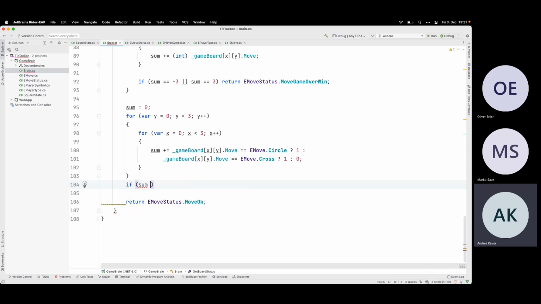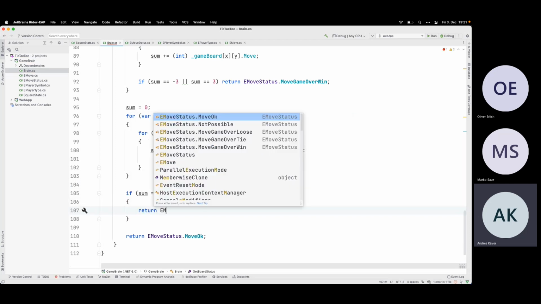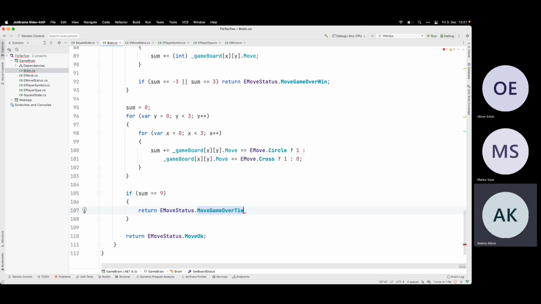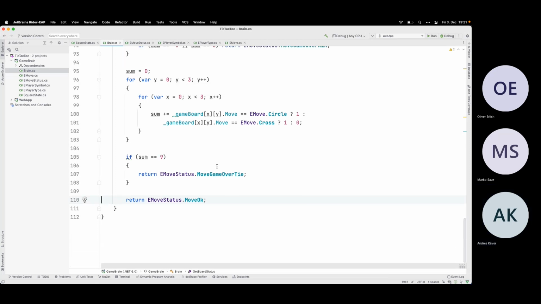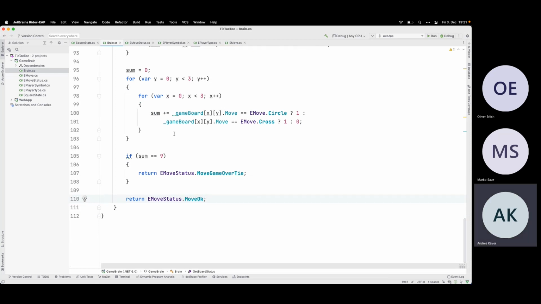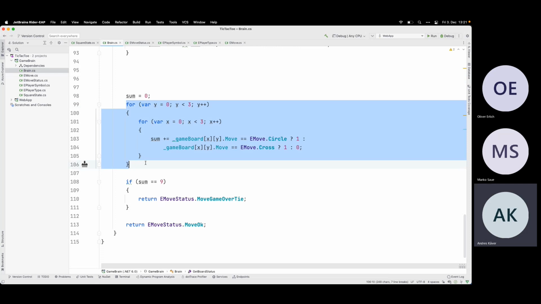So if sum equals 9, if we have all squares filled up, then game over tie. So there was 9 elements altogether, x and those on the board, no empty spaces. So game over tie. Or if this is, I can actually still write it a little bit better. Damn it. That's the other way around actually.